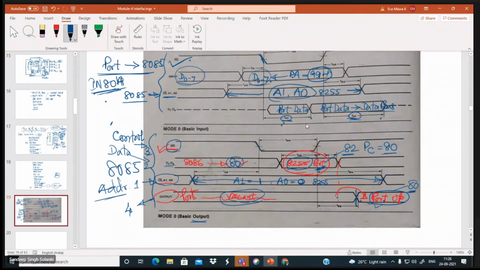Yes or no? Yes, sir. But for your knowledge, what I will tell you is that you don't require this much explanation if you are asked this in your exam. What is expected from your answer is that when the read is given, you just have to show here with a bus that the port A to this, the bottom line you can avoid. So only the 1, 2, 3 parts you just show. With that, your answer is clear.